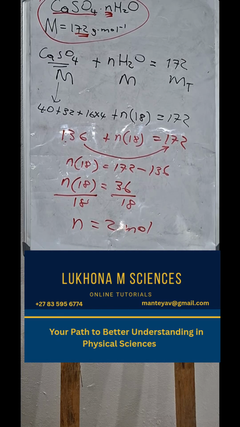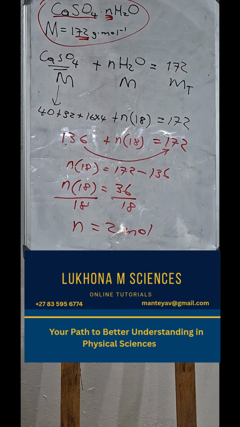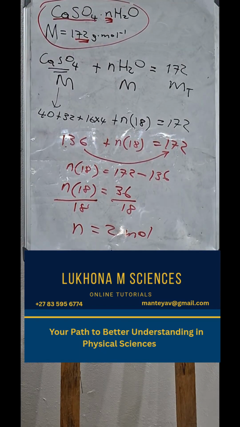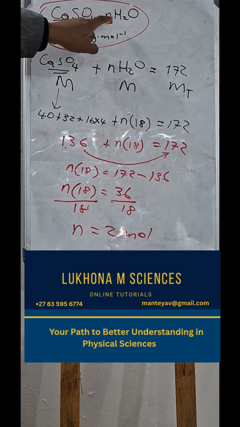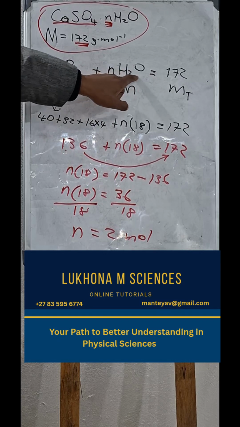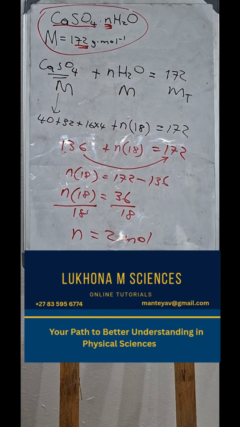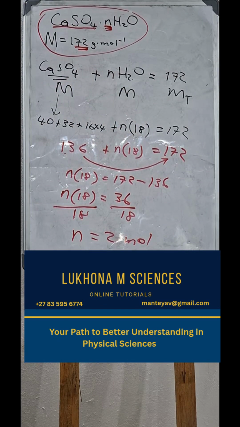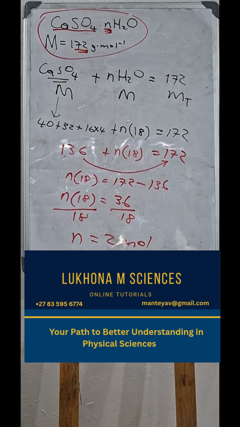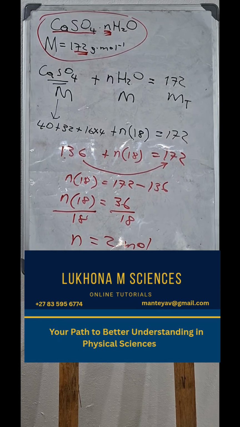If you are given a molar mass, the compound's molar mass will be the molar mass of the salt plus the molar mass of the water. Then we solve for N. Remember, we don't know how many water molecules there are, so it's N times the molar mass of H2O, which is 18. Then you solve, like we did when you are given the molar mass. In the next video, we are going to do the one where you are given the mass and the number of moles of other compounds.